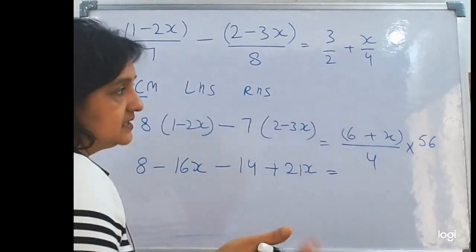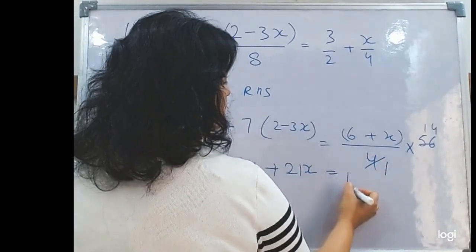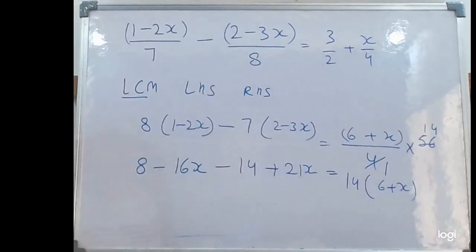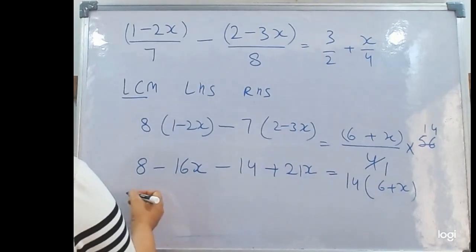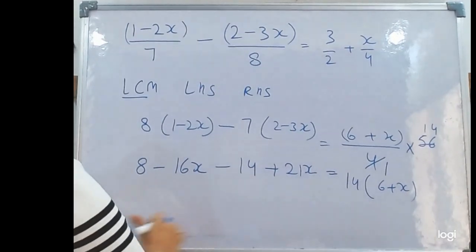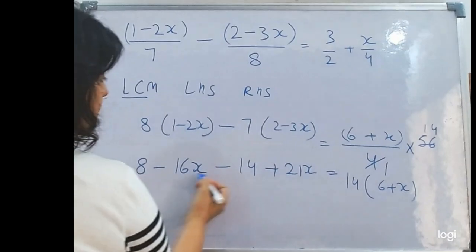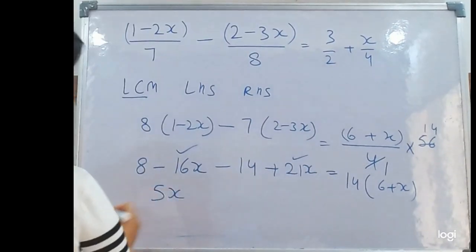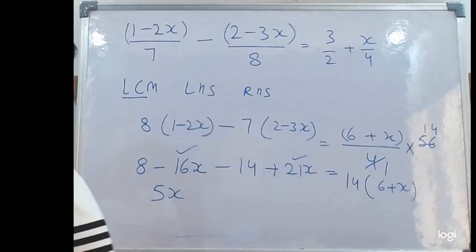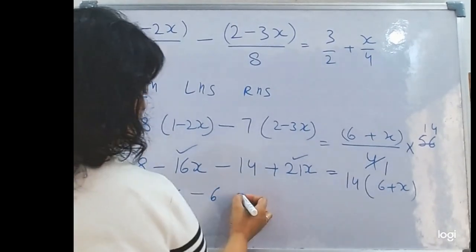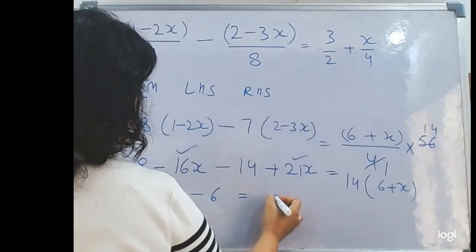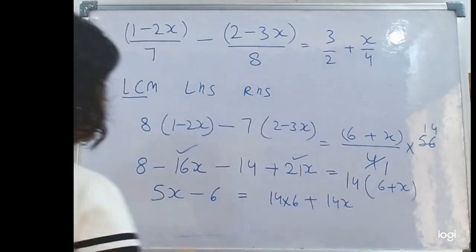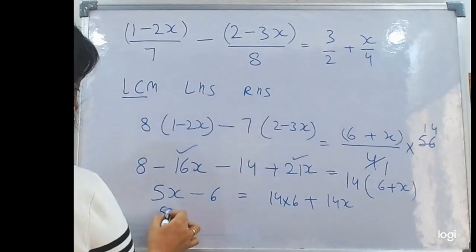Check if these can be cancelled out. So yes. So this side is 14 into 6 plus x. Simplify the like terms. So negative 16x plus 21x. Solve these two. 5x. Then 8 minus 14 minus 6 is equals to 14 into 6 plus 14x. Further 5x